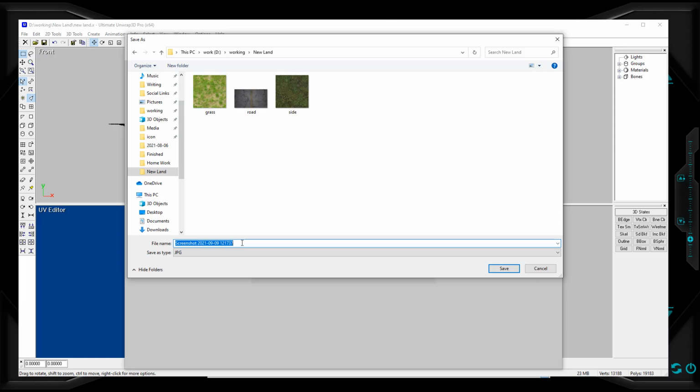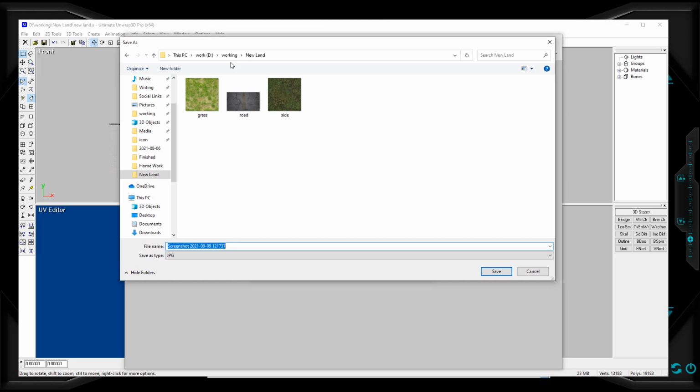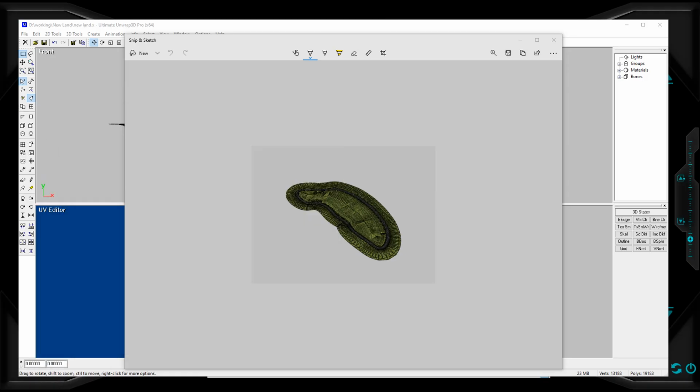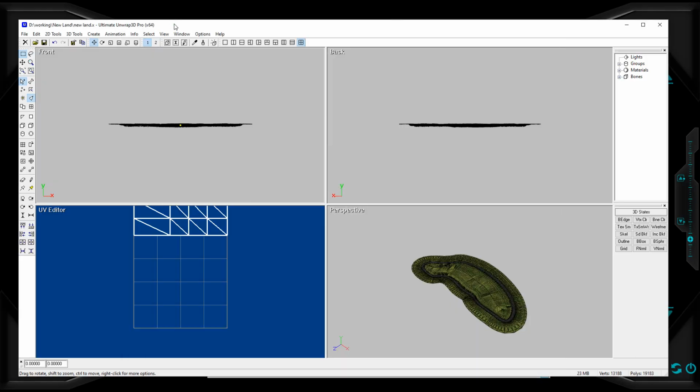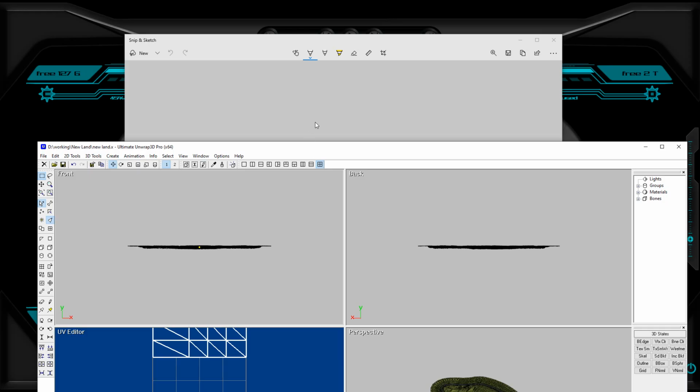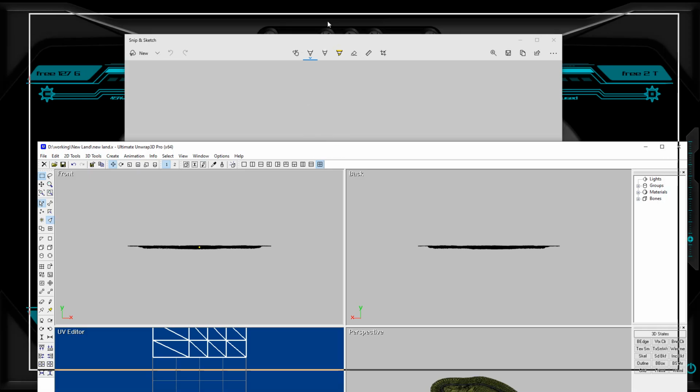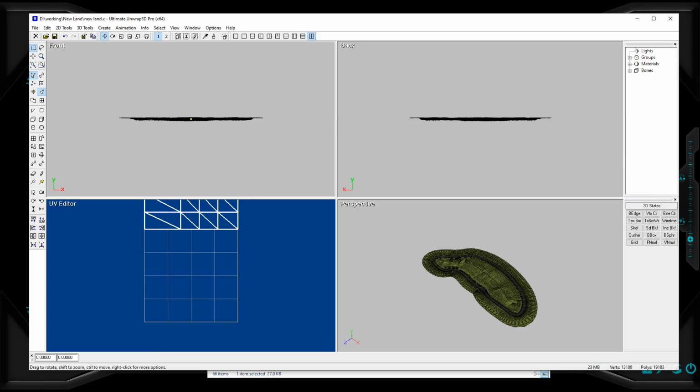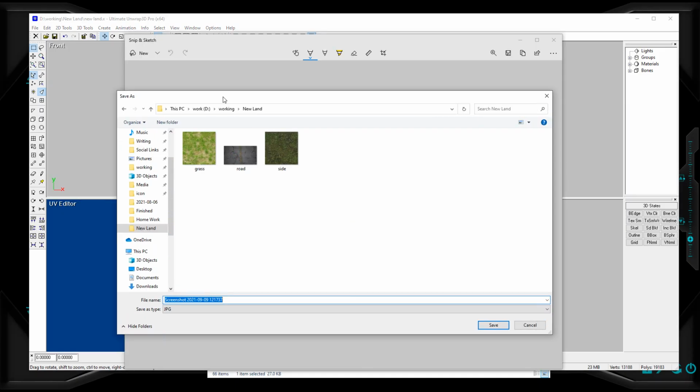What are we going to call this? We're going to call it the exact file name. Anyway, we'll rename it in a second, but for now we're going to save it as the